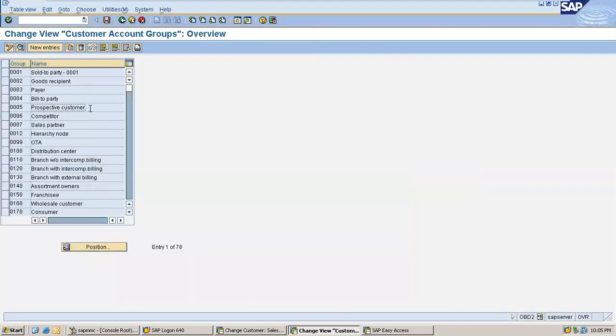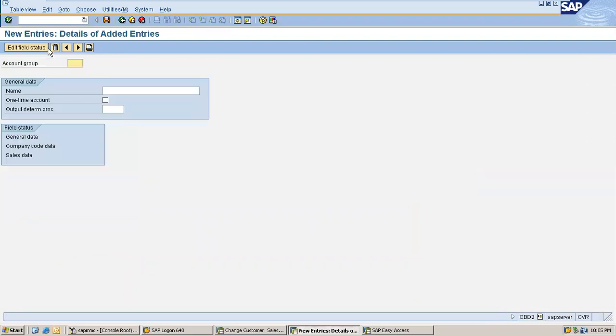Yeah. So this is the transaction code. This is how it looks. What you do is simply go to new entries here and create an account group. To remember easily, I'll use 1005 as my account group. Then you can see a name here. Type in a name which suits as a good description for this account group. I can say 1005